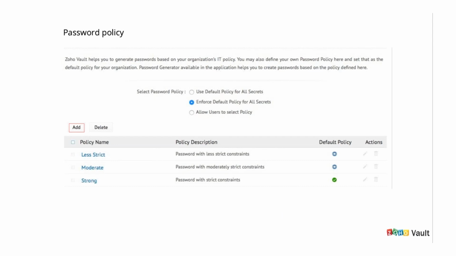So you can either implement a predefined password policy from the three which are listed on your screen: less strict, moderate, and strong, or you can create a custom password policy by clicking on the add button from the password policy section under settings. So you can define how strong the password should be, how often the password must be rotated, and many other fields like the complexity of the password using the custom password policy option. Once you enable this, you can set this to be applicable for all users who are there in Vault. That way everybody will have no other option but to set strong passwords as per your requirements.